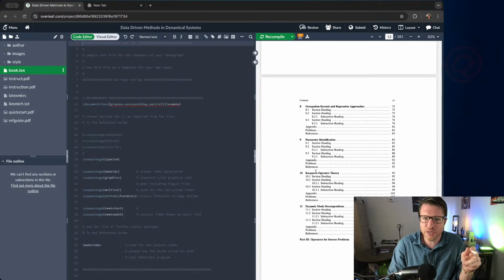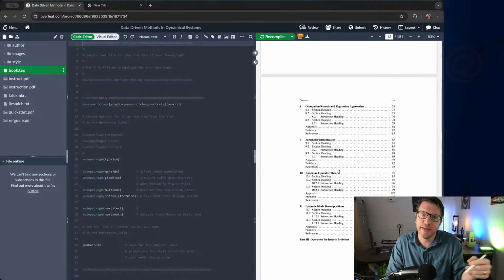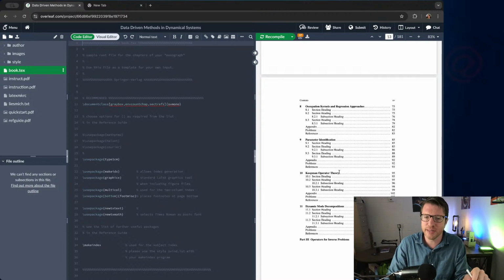Then we'll have a whole bunch on Koopman operator theory, but this is really going to be Koopman operators more or less from the way that I see them and their role and their interactions between reproducing kernels and dynamics and stuff like that. We will talk about the Koopman semigroup and all that stuff to a certain extent, ergodic theory, just so we make sure we touch all our bases. But that's not really how I approach a lot of these problems, and so it'll be fun to put my own spin on a lot of these things.